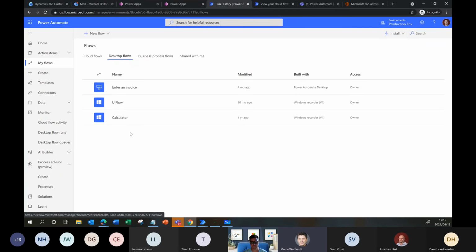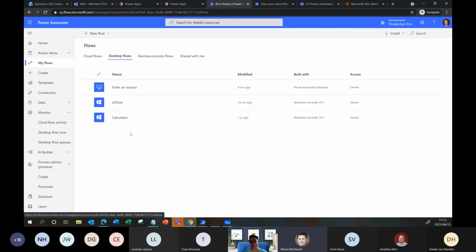So Michael, I can actually have a Power App that calls a flow that runs a UI flow, gets information back and populates that. Yes. Or even a Power Virtual Agent. Might be another thing to look into. Yeah, a virtual agent which calls a cloud flow, which calls a desktop flow.